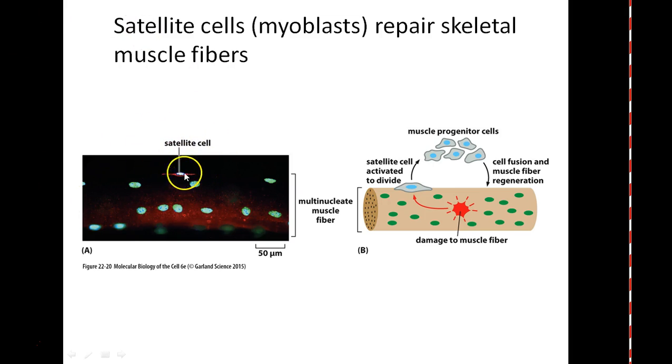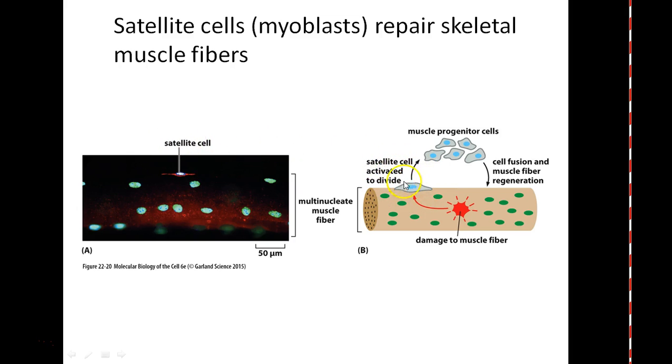And what you can see here on top, there is a beautiful satellite cell. So this is the stem cell for skeletal muscle fibers. And this is a very important cell. And it's important for muscle regeneration. And what's happening? For example, when you go to the gym and you have a pretty intense workout, you can damage your muscle fibers. And this damage sends the signal to those satellite cells, and they will